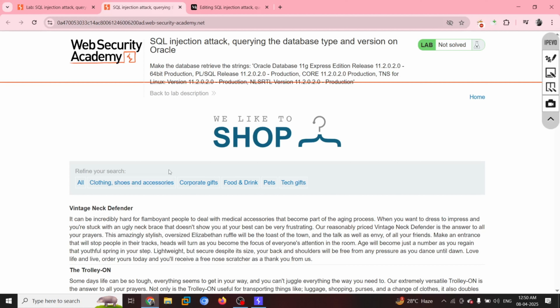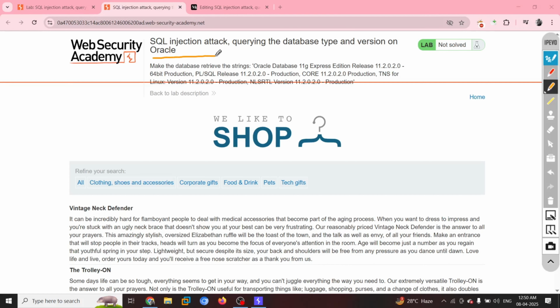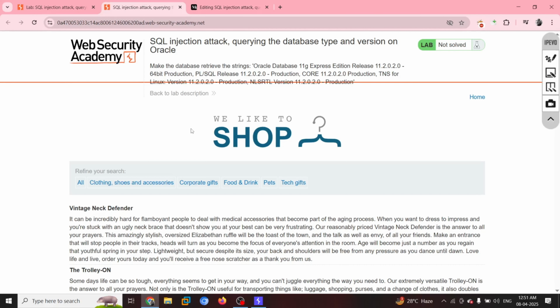This is the lab for SQL injection, where we have a database called Oracle, right? It is not a MySQL database. We have an Oracle database. But how are we going to identify if the database is Oracle or MySQL? For that, we will come across it when we are testing, or when you read this blog, you will also come across it.